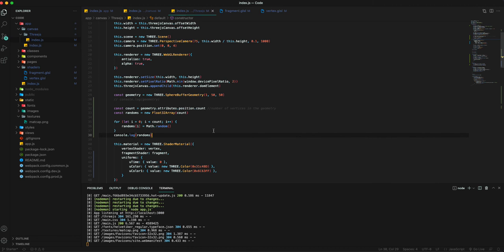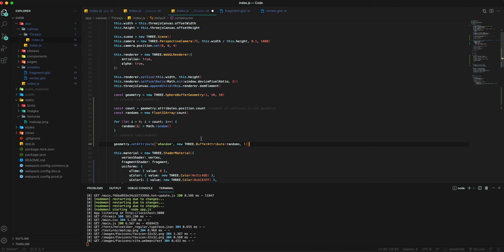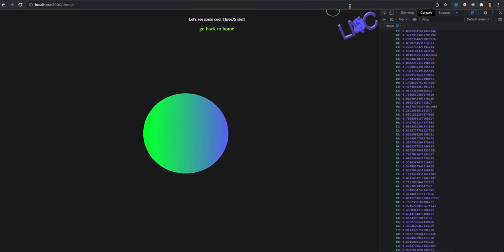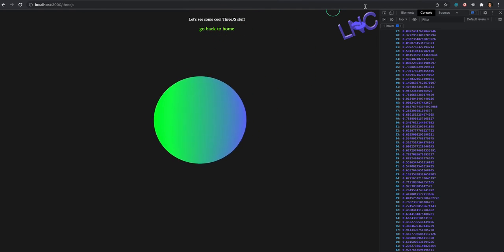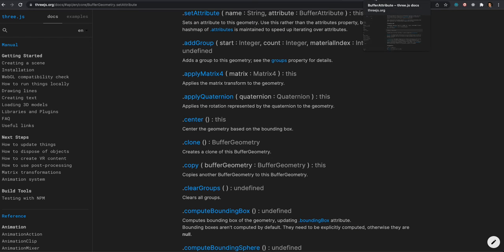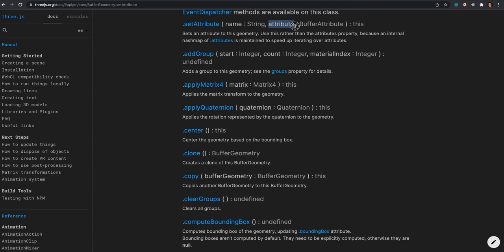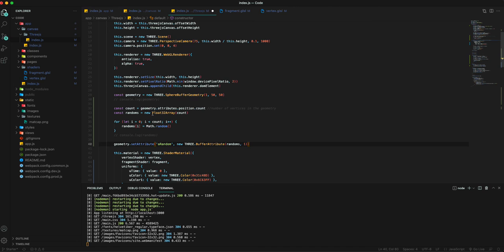Inside the index.js file, the way we define a new attribute for our geometry is using the setAttribute method. You can go to the Threejs website and search for setAttribute, and as it says, it sets an attribute to the geometry. We need a name, which is a string, and an attribute of type BufferAttribute. So we're assigning a name, we call it random,